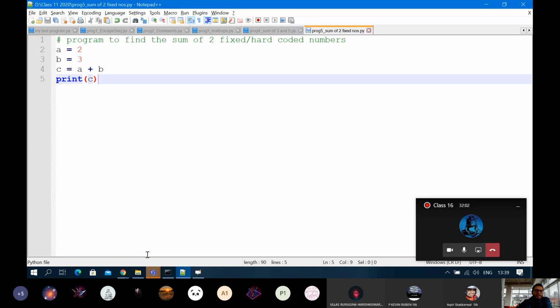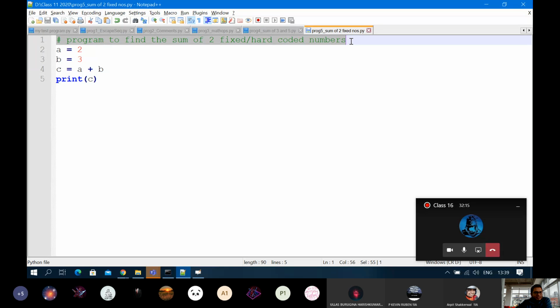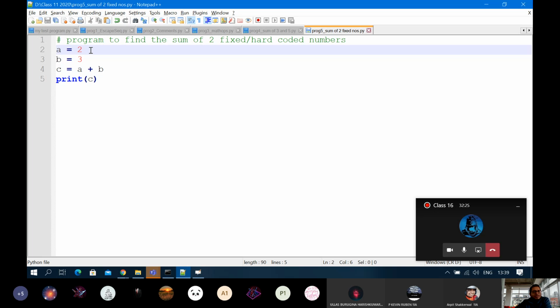Now what the computer is doing is, let's run it line by line. First line starts with a pound sign or hash symbol, so the computer will understand it is a comment and will ignore it as if it was not existing. Comments are not executed by the computer and are simply skipped. They are simply for our reference or documentation.